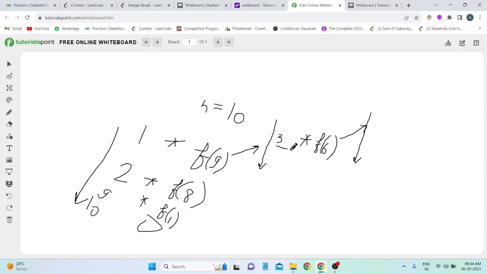I have shown for 3. Similarly, when we call for f and the number is equal to 6, then what will happen? Let's say if it breaks the first part into 2, and then it will find the best answer for 4. Similarly, this thing will keep on happening until it reaches the base case,